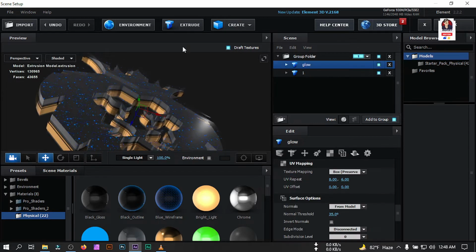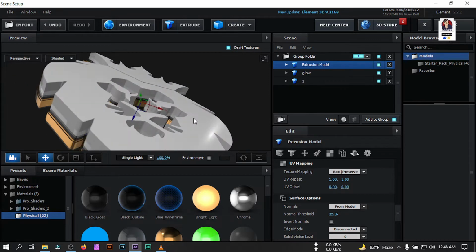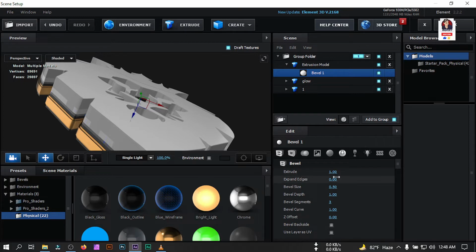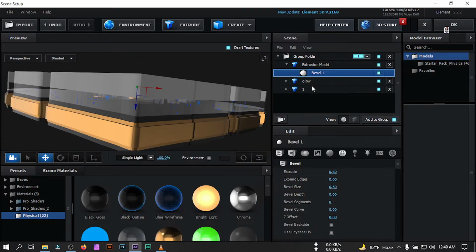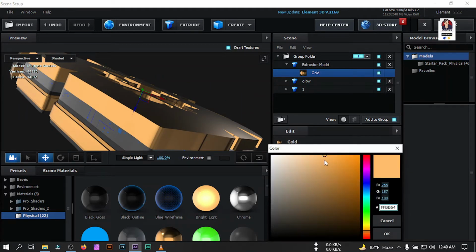Now you can click on extrude and let's drag it to here and change its bevel size to 0.70 and bevel depth to 0, bevel segment 0, and bevel curve to 0. And let's apply gold to here and go to here, make it also a little bit darker.